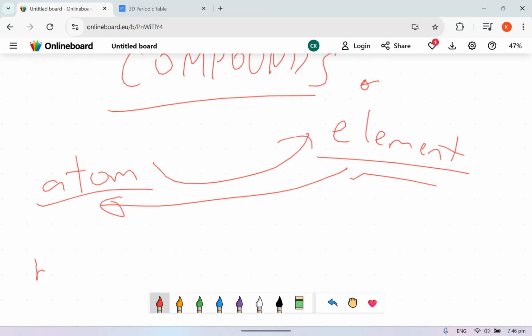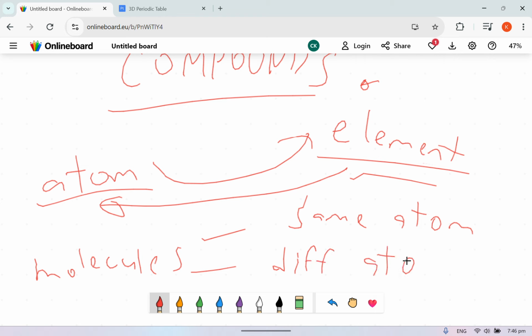And we know molecules are two types. The first type, just now I wrote, is the same atoms together. The other type is the different types of atoms together. Now, same atoms together, we already went through. Different types of atoms, that is compound. And that literally fits the definition. The molecules that are made of different types of atoms together are compounds. And compounds are also made of different elements. And remember, these atoms come from elements.